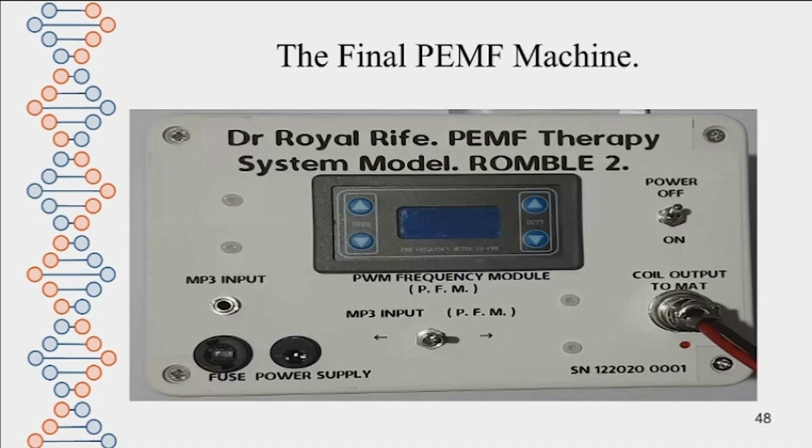In hindsight now, I would remove the Dr. Royal Rife, because if you go on the internet and look up Dr. Royal Rife, he uses a slightly different system. He uses one that uses RF frequencies and sidebands and stuff like that. So there's a bit of a funny, it got called Rumble 2,